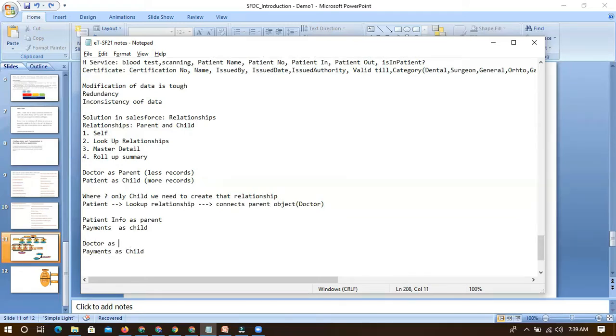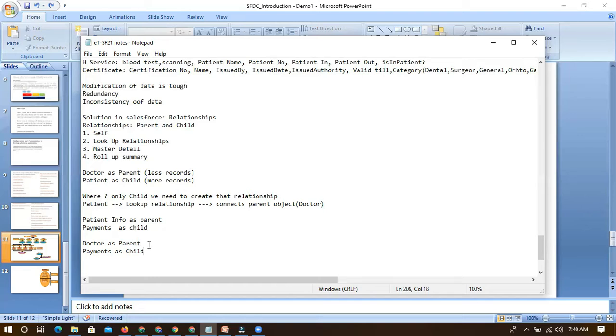Is anyone thinking in the reverse manner, like why should we pay parents as a child, why should doctor not be the child? Any question like that? So we are clear, right? One more concept, which is ideally 90% correct but 10% wrong sometimes. Most records we consider as a parent because we are just creating that data and referring to that data from multiple transactions. That is how these lookups work. We are just connecting object to object. That's it. Simple logic.